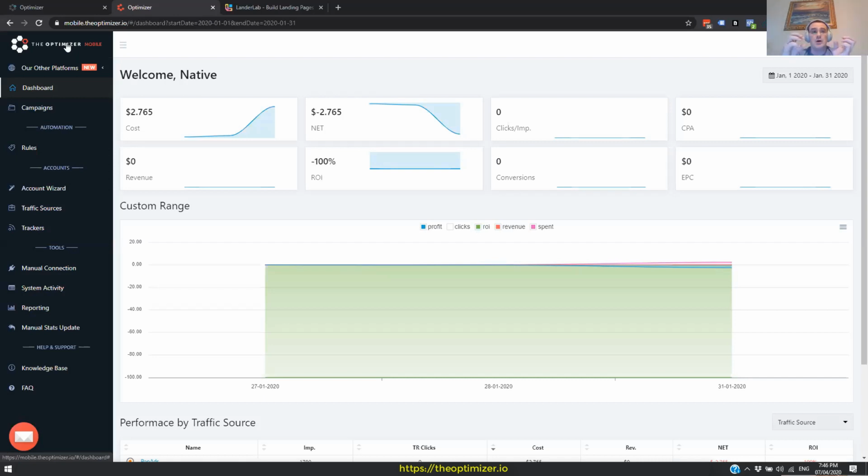So even when running pop, redirect, or push traffic, having an automation system in place to take care of things being under control is still a win-win situation, because by the end of the day, considering the lowest price of the platforms, you will have a machine that's running, or which is taking actions on your behalf, on your campaigns, based on your instructions, for less than $3 a day, or $5 a day, or $6 a day, which applies